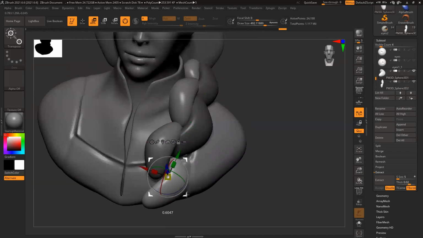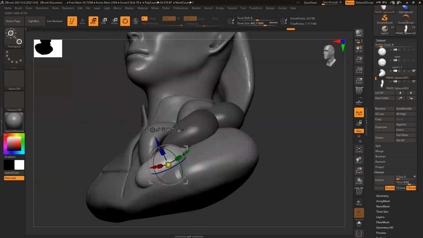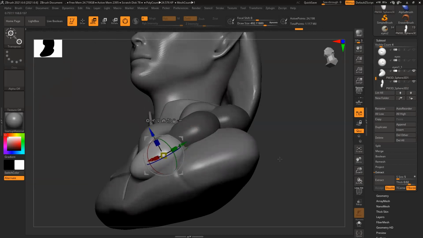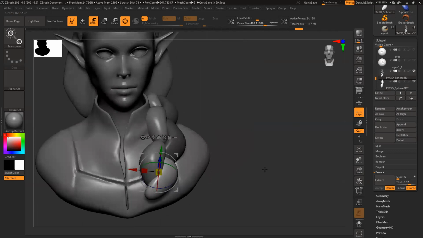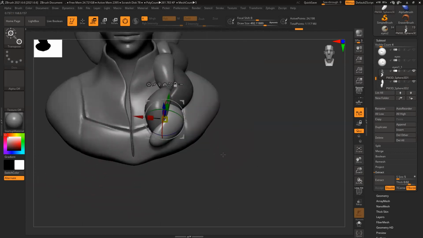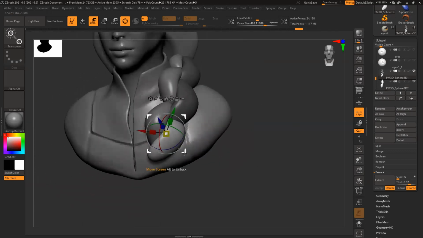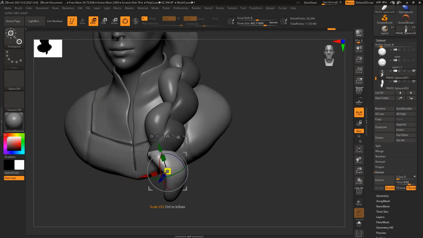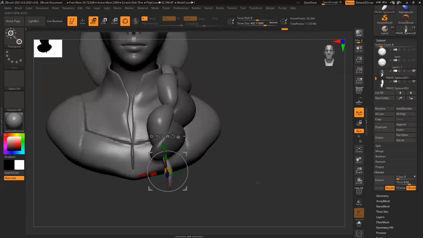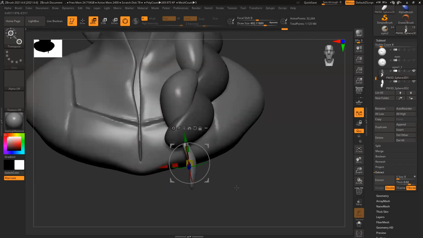Control Alt, drag it again here. Like thin bands.